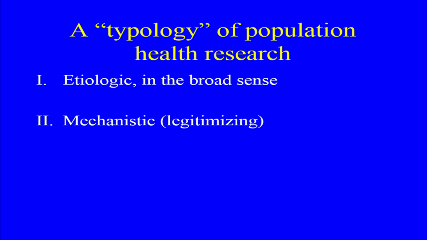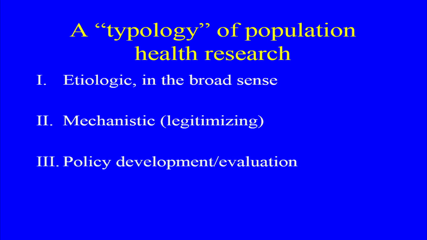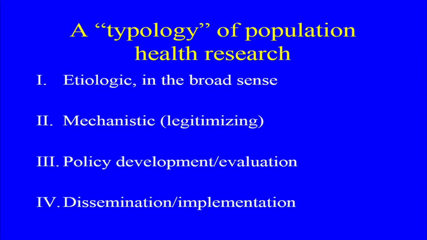I'll just say briefly that I think a lot of times the mechanistic research that we do is fundamentally about legitimizing causal inference, because we can tease apart. It doesn't necessarily yield a lot of new insights, but it helps us explain better why things occur and legitimizes some of the causal relationships that we're making inferences about, which to people might seem counterintuitive, or how could that thing that happened so long ago be important to my health now? Well, if we have a biological mechanism, obviously that strengthens our inference, and it legitimizes the more general finding. Policy development and evaluation is another very important area, and last but not least, dissemination and implementation.